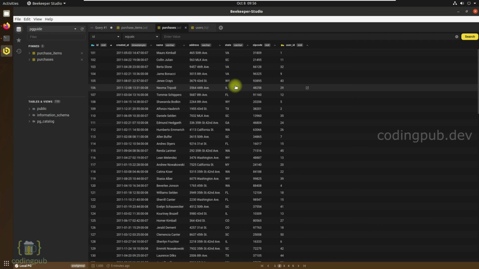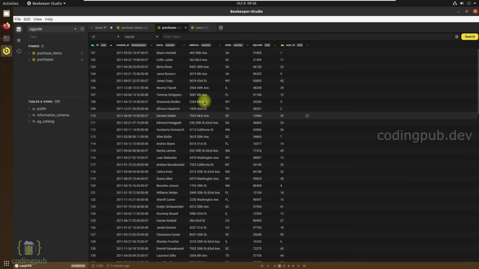Let's say that you want to filter the data by some conditions. That is also possible. If you look at the top row in the table data, you will be able to see there are some options to filter the data along with the search button. Let's say that we want to filter the table data which has user ID as 45.